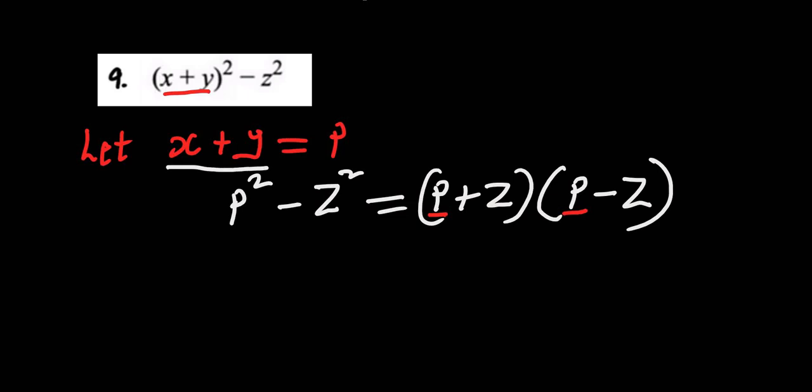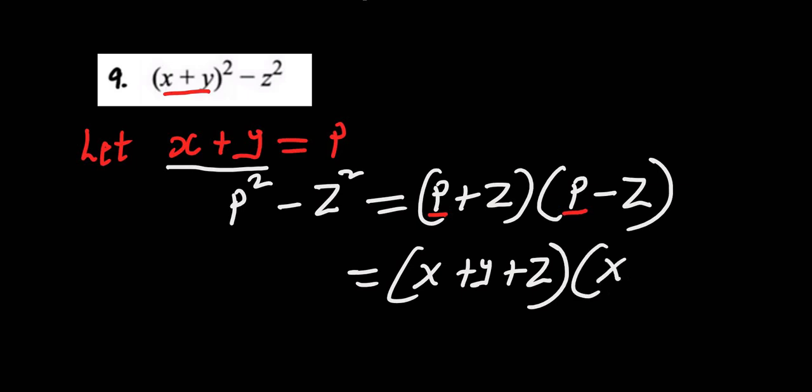So let's now replace p with these values, and this will become x plus y plus z and x plus y